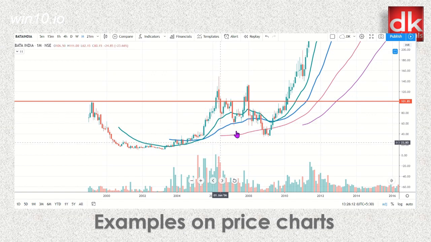So what has happened? Once again it made an attempt to give a breakout here, in the month of December 2007, but in this case the high of this breakout candle was 133.15, so we put a buy stop order. As you know, we do several analyses, and we have given to a large extent the methodology for how you can avoid the fake breakout. So here our entry price did not trigger.